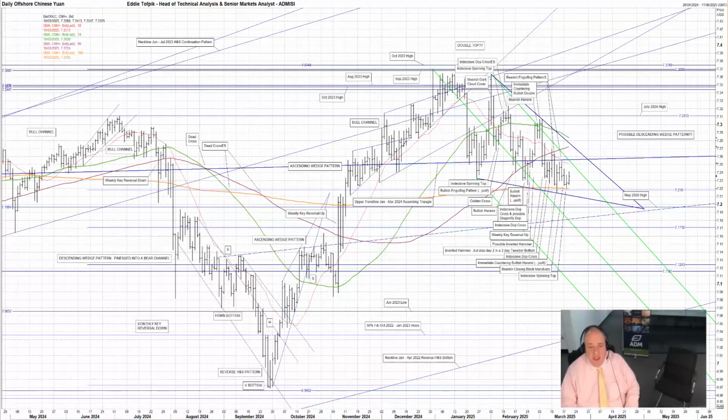US dollar against the CNH, the offshore Chinese yuan. An indecisive spinning top yesterday with an interesting tail on it, after the previous session's bearish closing black Marubozu. Now the tail dropped down to touch and swiftly react back upwards from the flatlining gold long moving average, currently at 721.95. Overall, we are still within the January to March 2025 descending wedge pattern, currently 721.15 to 727.75, though